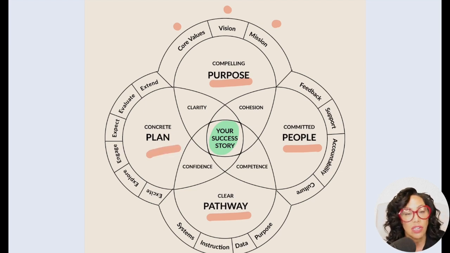And then the last thing is you need a concrete plan. How am I going to stick to that pathway going forward? So if you want an AP who is going to move your school towards that 100% vision, then they need to be a part of that compelling purpose. They need to be equipped to help you encourage that commitment in your people. They need to be good at thinking about a pathway and good at sticking with a plan. So you might as well screen for that. So let me show you how that works.